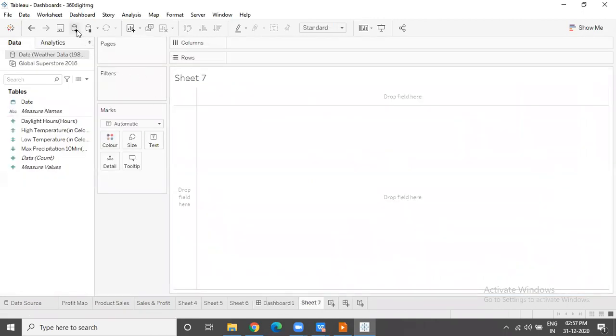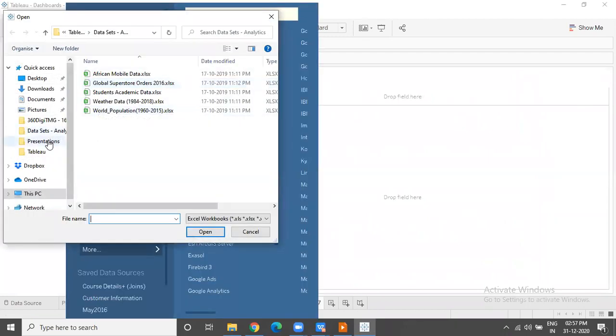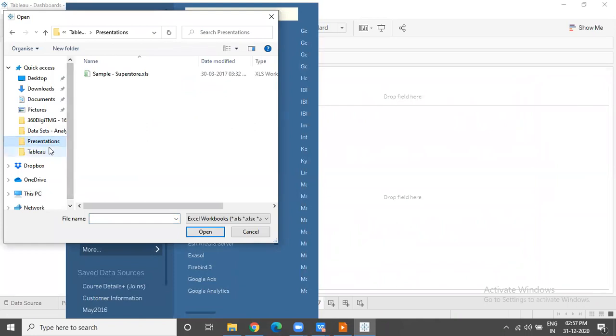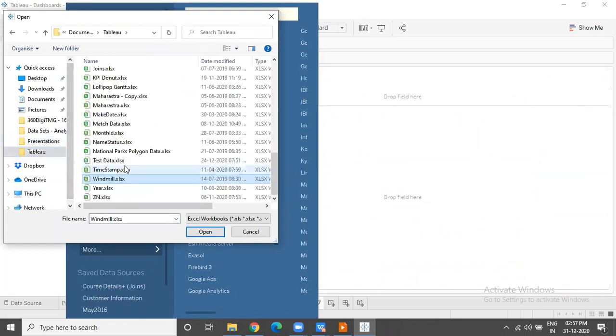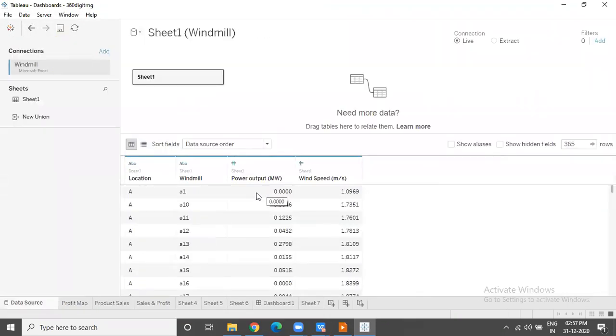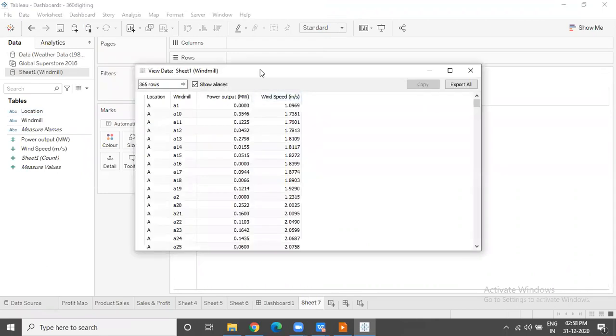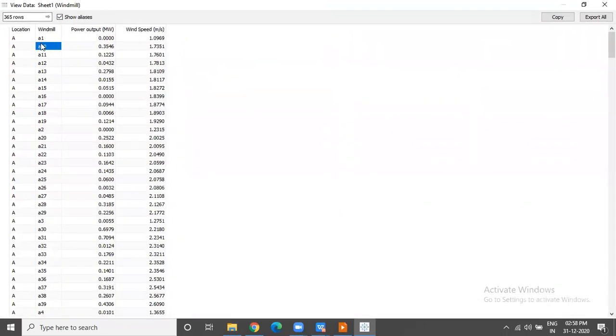Similarly, suppose you are doing any prediction. What we have done now is estimation. Suppose you are building a prediction model, like a linear model or an exponential model, whichever. So for example, I had taken data from a power station where we will try and estimate what will be the power output given the wind speed. So data has been collected from different windmills situated in different locations. What was the power generated given the wind speed?